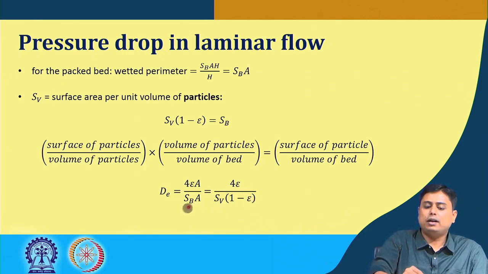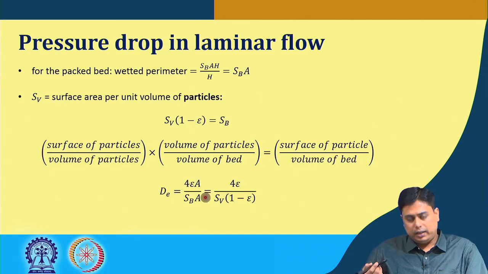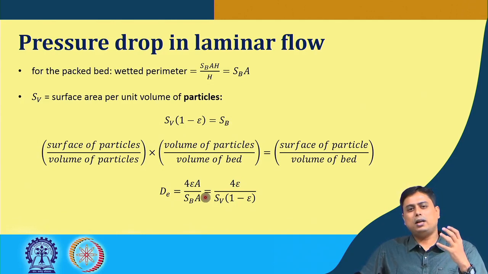The reason we have converted the S B to S V is because S V is the particle property now. For any particle, of any particular shape, you can find out what the S V value is. Okay. So, for a spherical object, what is this S V? S V is nothing but 6 by x, or the diameter of the spherical object. It is the surface area of the particle, that is pi d square, okay, and pi d cube by 6 in the denominator, that is the volume of the particle.